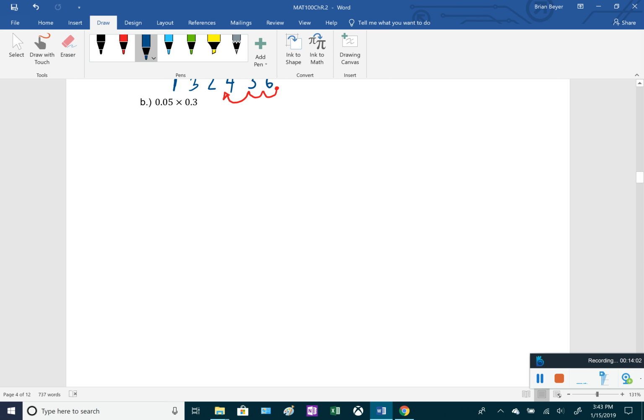Okay, next one, 0.05 times 0.3. So once again, let's ignore the decimal. So it's going to be pretty easy. It's just going to be 5 times 3, which is 15. So now we have to think how many decimal places we moved. 1, 2, and 3. This one's also 3. So we're taking it from right here and moving it over 1, 2, 3, and putting it here. We need a placeholder 0 here now. So our final answer is going to be